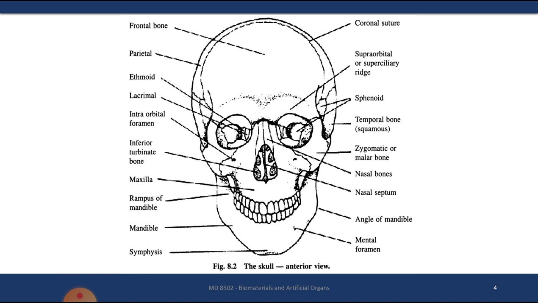So this is the skull's anterior view, and you can see the different bone structures in the skull. So this is just for your reference from your textbook. So if any of this bone or any of this structure is deformed, then the person has to undergo a maxillofacial surgery. It's not like a mandatory thing, but people do undergo this surgery because when the face is improperly aligned, it makes their face look different from others. So that's why this kind of surgery is performed, so that the normal symmetry is maintained.